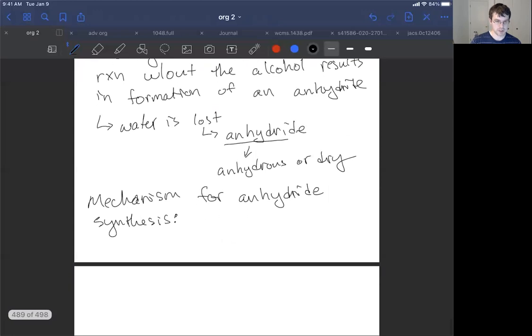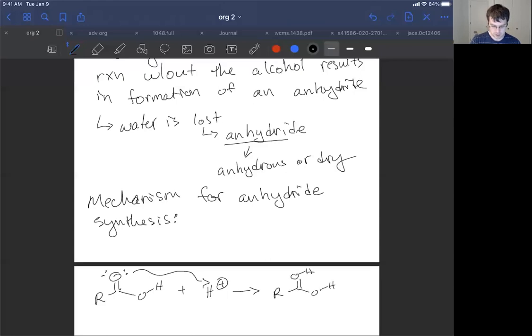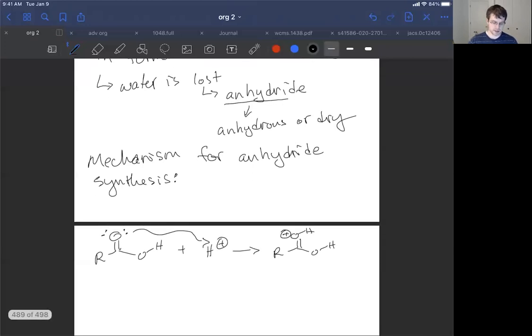So the mechanism for anhydride synthesis looks like this. We first take our carboxylic acid, which is both reactants. We're going to use two of these carboxylic acids to form the product eventually. We're going to get things started just like we did with the Fischer esterification, where the carbonyl oxygen is going to pick off the acidic hydrogen. The acidic hydrogen reacts first, right? That's going to give you this species, which you could draw with a carbon-oxygen double bond somewhere, or you could put the positive charge on the carbon atom, depending on how you drew your arrows in the first step. This is my style. But now we're highly electrophilic at the carbonyl carbon position,